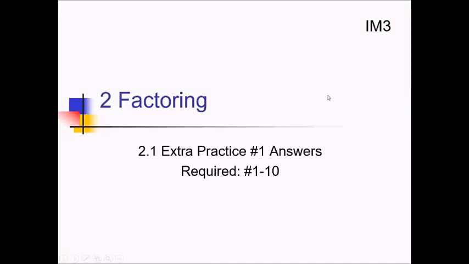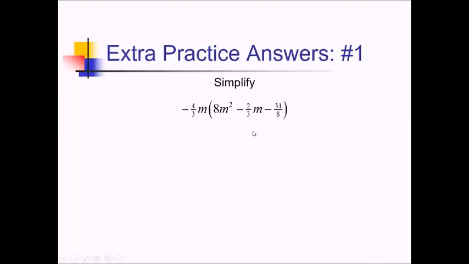Hello there, Mr. Sutton here with the IM3 2-1 Extra Practice Number 1 solutions on operations with polynomials, specifically multiplying polynomials. For this one, to simplify, we have to distribute negative 4/3 m, which is to say multiply it, to